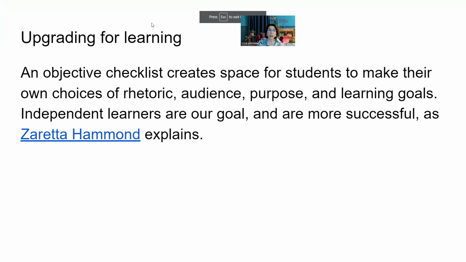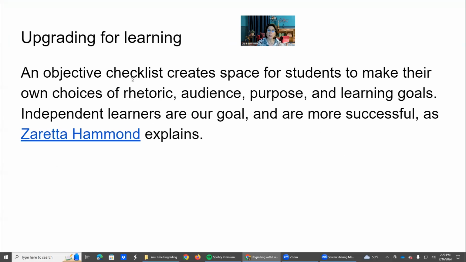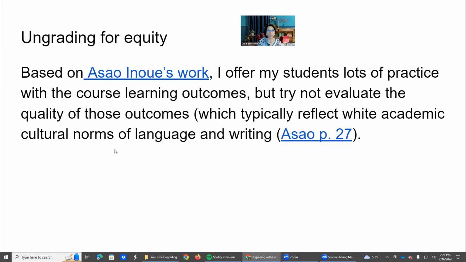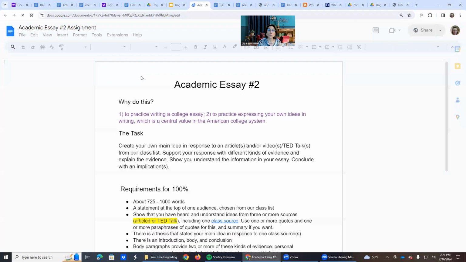Also, in that checklist that I was sharing, an objective checklist creates space for students to make their own choices of rhetoric. How do I want to appeal to my reader? Audience, who am I going to choose? What's my purpose? And then what are my learning goals? What am I trying to practice as a writer? Independent learners are our goal, and they are more successful, as Zaretta Hammond explains. How do we produce independent learners? What can they do? So for me, I would argue that my checklist leaves room